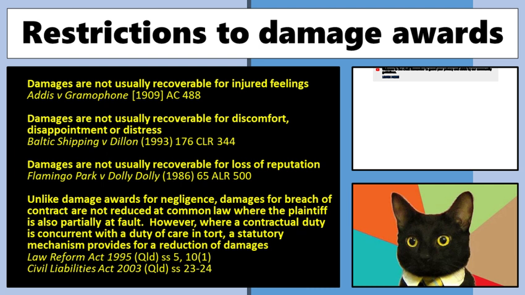Sometimes the two duties coexist. This will make more sense when we study tort. But just make note that Parliament has come in and said, in situations where this happens, it's actually the lower of the two. Insurance companies stepped in, and so you can't get damages in contract. Essentially, you get the same amount as you would get in tort, which is lower in most situations, where there is a coexisting duty in negligence and in tort.